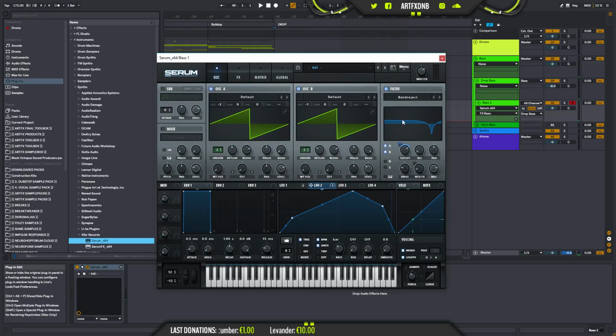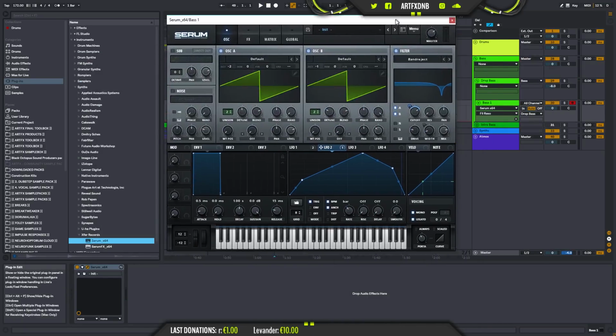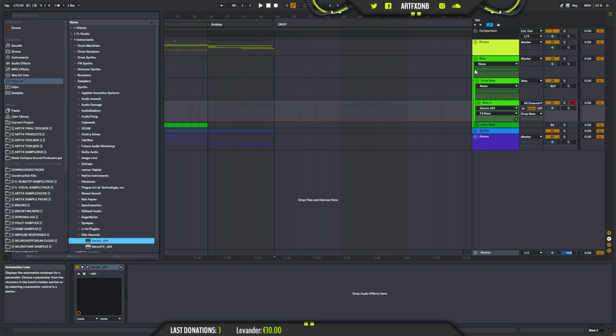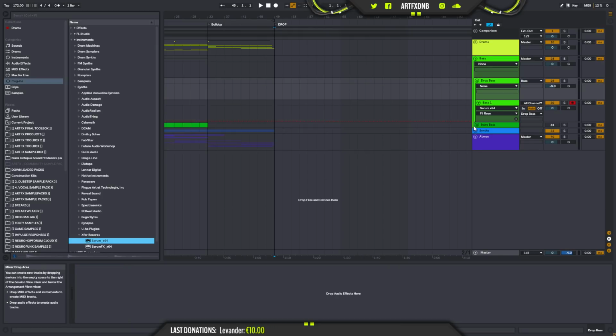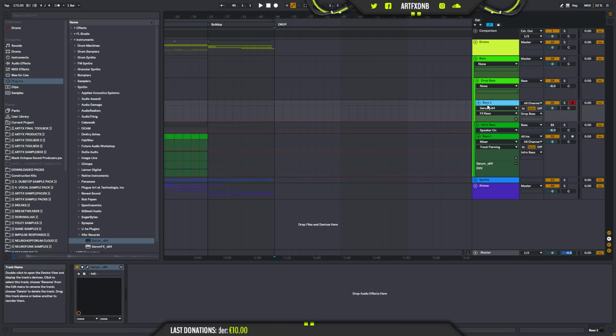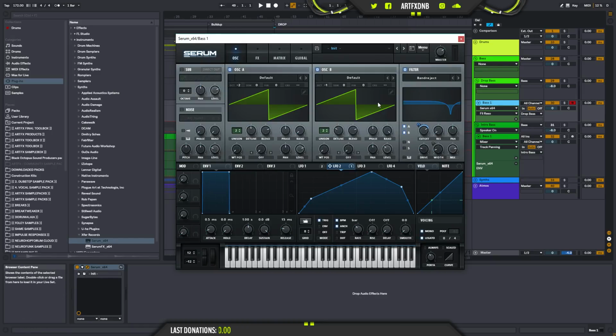Are you using Ableton 10? Yes, I am. This is Ableton 10, boys. Look at the beauty of the groups in the groups. It's beautiful, don't you think? I personally really like it, so